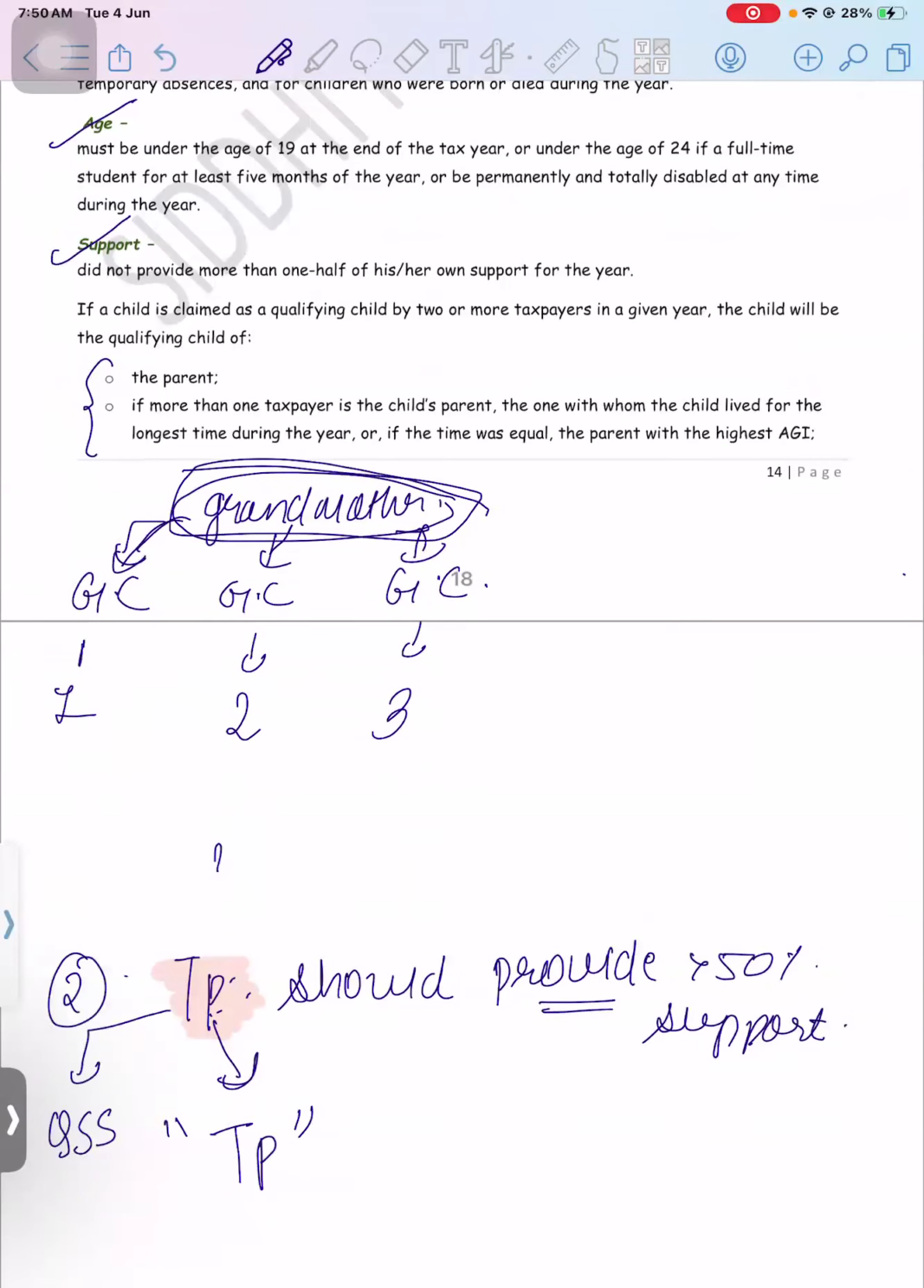A qualifying relative can be claimed by either one of them, if they mutually agree that